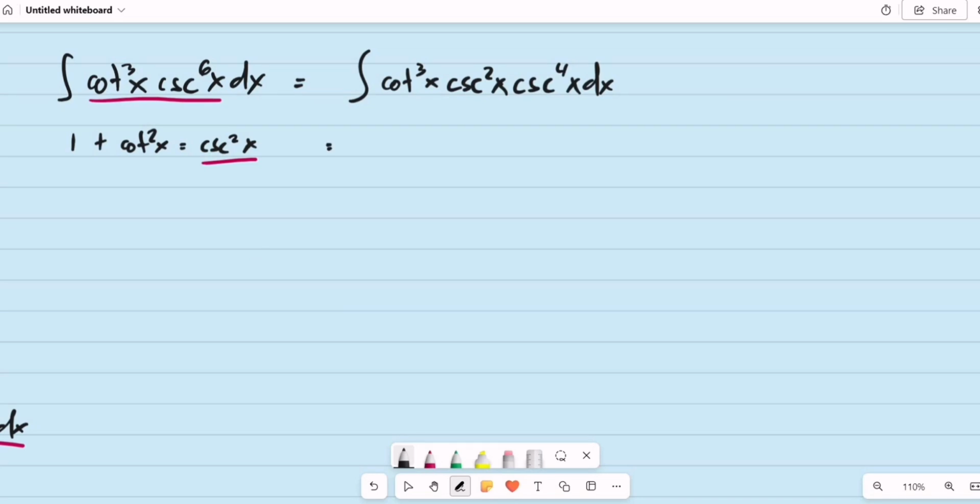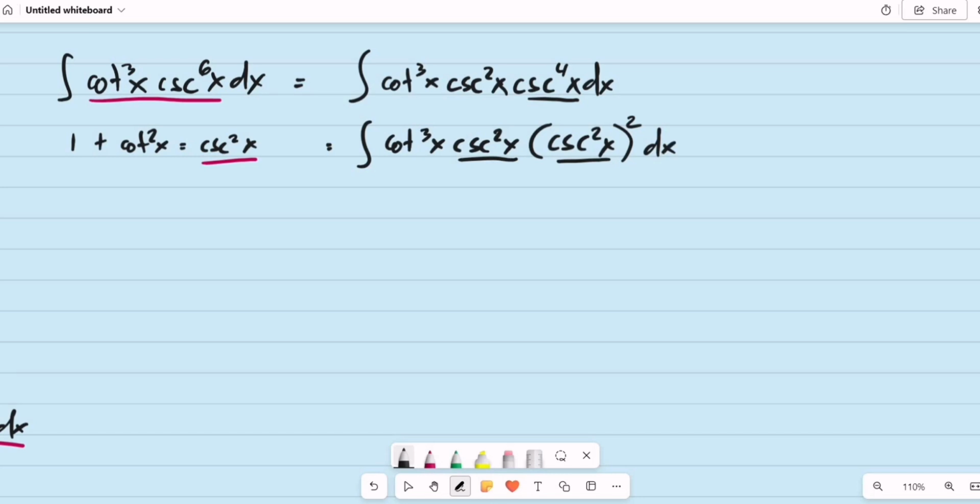Then again we need to extract cosecant squared of x. So this is the integral of cotangent raised to 3 of x cosecant squared of x. We are maintaining this one since we'll be needing this term later on in our integration. If it is cosecant raised to 4, that is the same as cosecant squared of x, then quantity squared. So cosecant raised to 4 of x is the same as cosecant squared x squared.